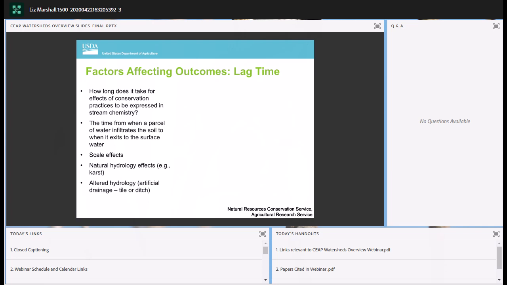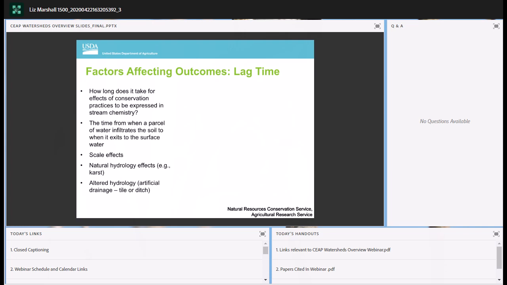So the time from when a parcel of water, say, infiltrates into the soil to when it exits to the surface water. And there are different factors that affect this lag time. It can be the scale of the watershed, natural hydrology. For example, karst hydrology can affect the time delivery of water,